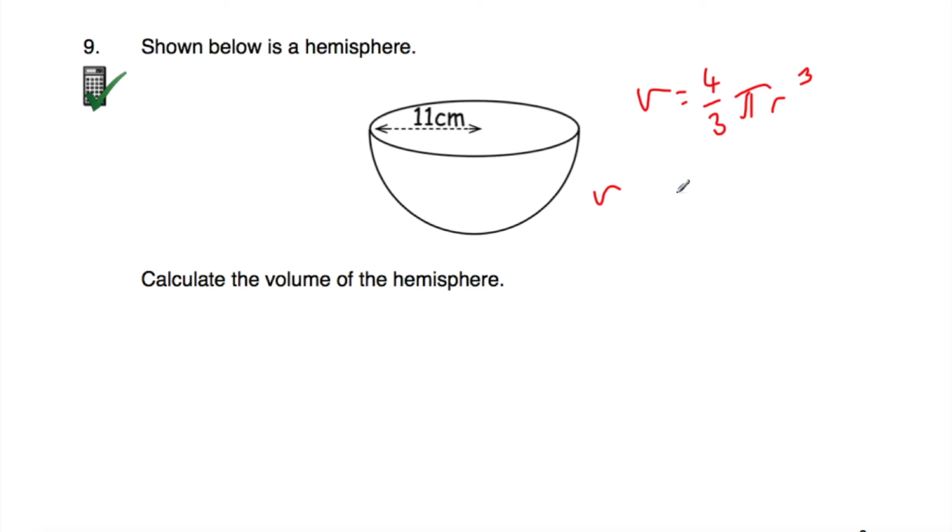So let's work out the volume of the whole sphere. The volume will be equal to 4/3 multiplied by pi multiplied by the radius of the whole sphere, which is 11, cubed. So let's work that out and see what we get. In calculator questions, we can just type it in one go: 4/3 multiplied by pi multiplied by 11 cubed. And when we do that, we get 5,324 over 3 pi, or